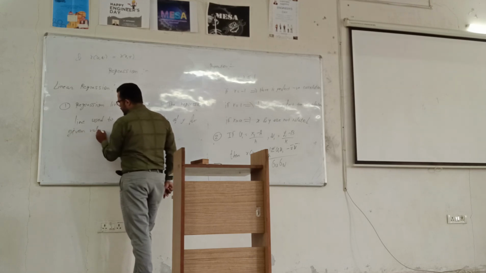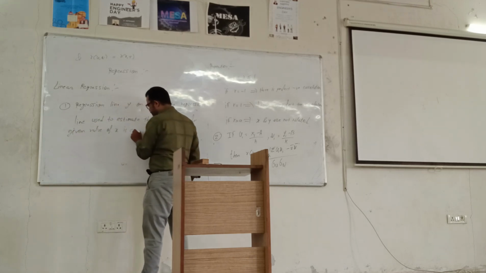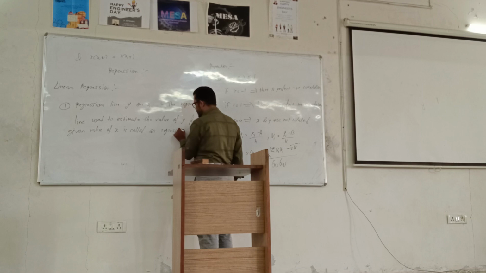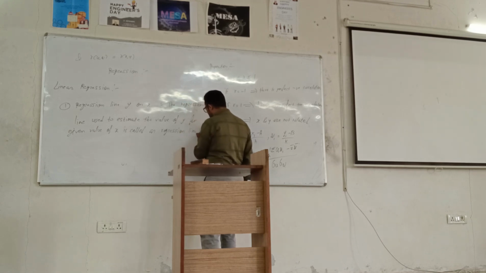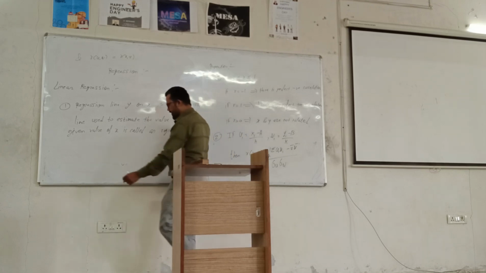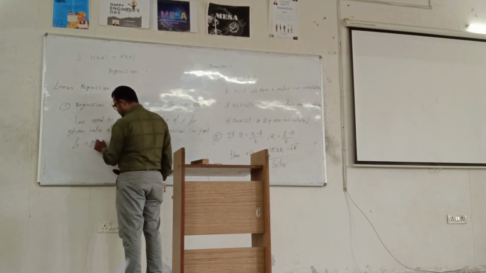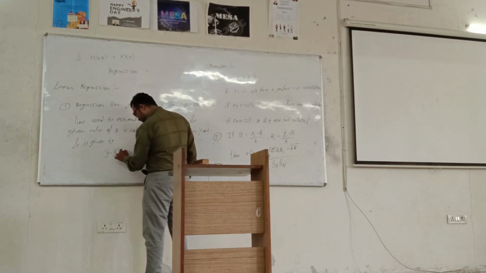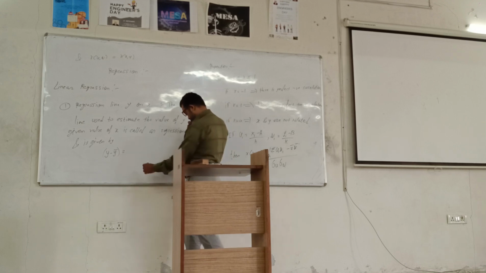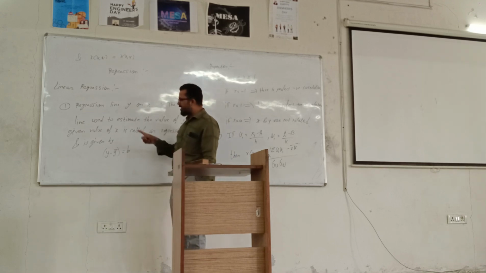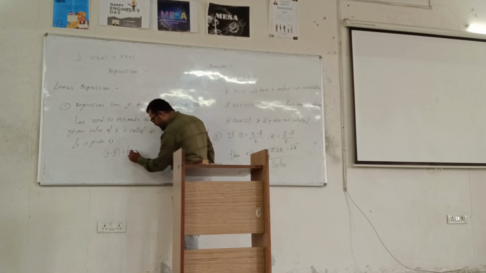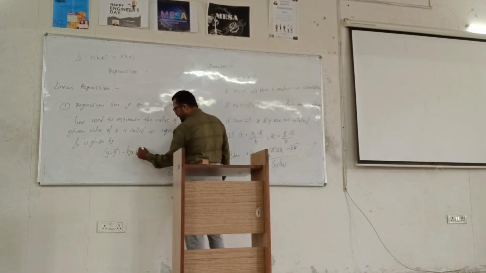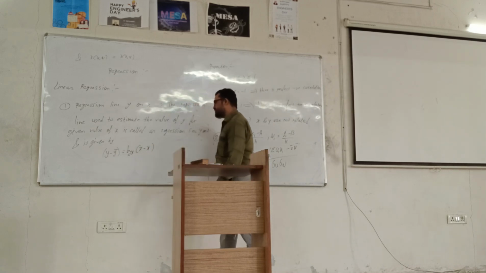It is given by y minus y bar equals b, and how do I write y on x? I write b, y first and then x, byx into x minus x bar, where